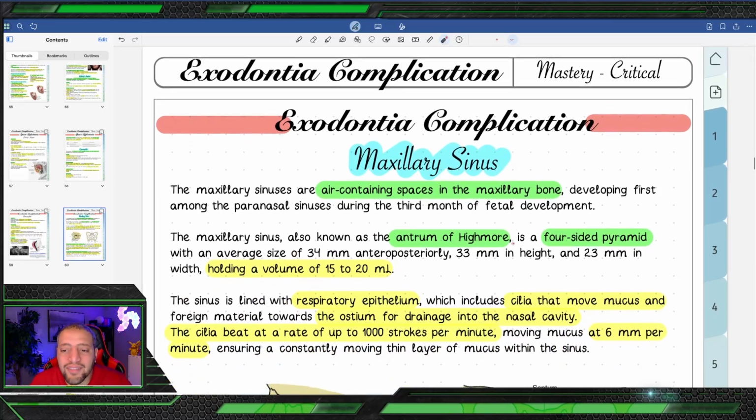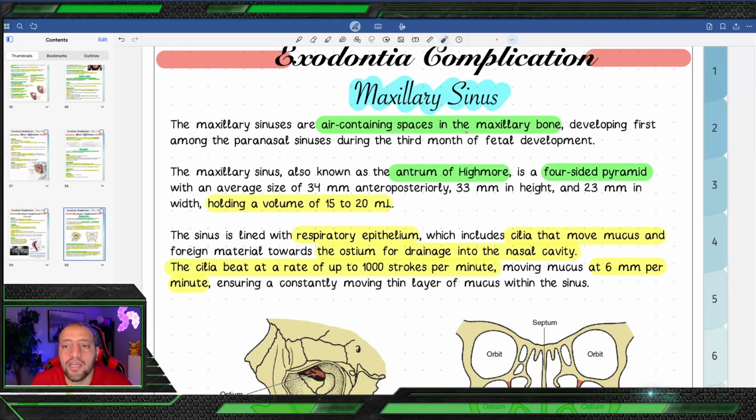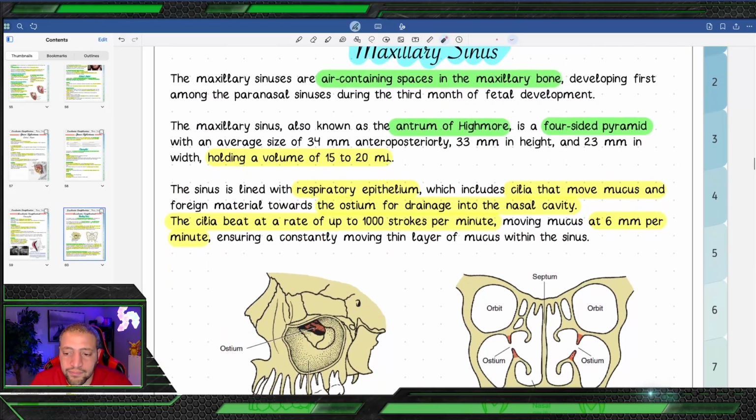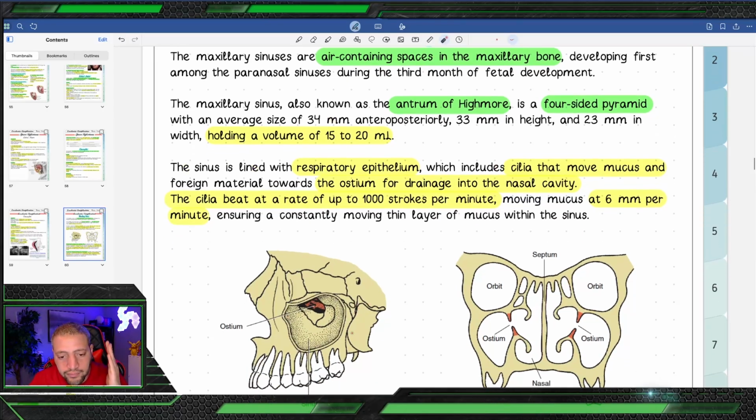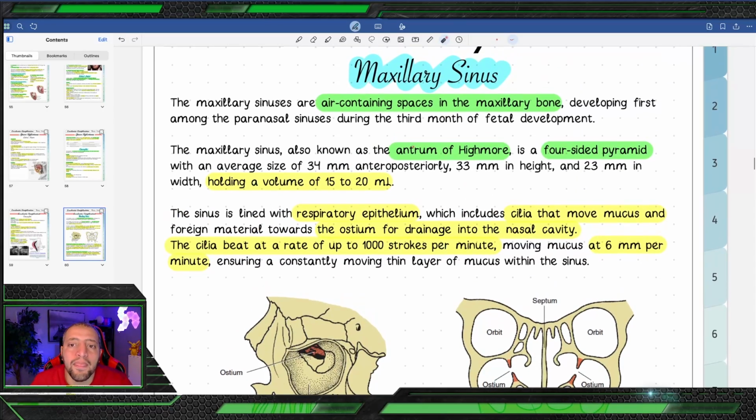Sometimes they ask basic questions about the maxillary sinus, not very common, but I will give you some information. The maxillary sinus is an air-containing space in the maxilla. You see it this way, this is the frontal view, and this is from the lateral view. So this is the space. The maxillary sinus, also known as the antrum of Highmore, is a four-sided pyramid with average size 34 anterior-posterior, 33 in height, 23 in width. I don't want you to know all this information, just write it down just in case,